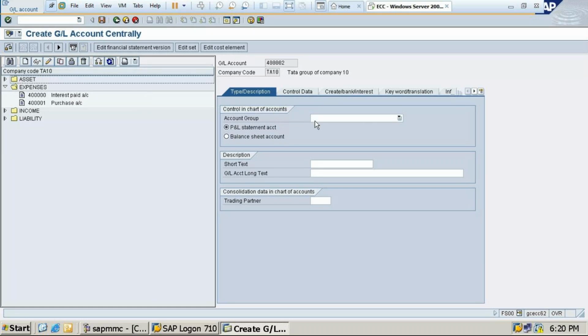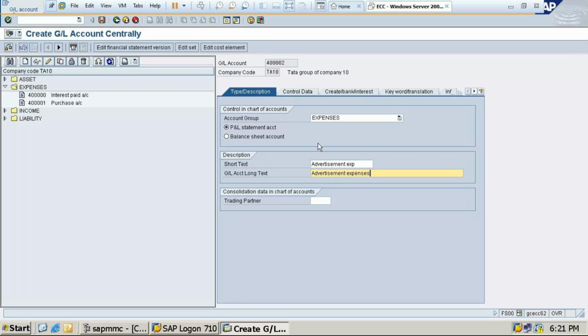Expenses is a P&L account, so here I'll type advertisement, EXP account. Here you write advertisement expenses. You can give office expenses, anything you can give.